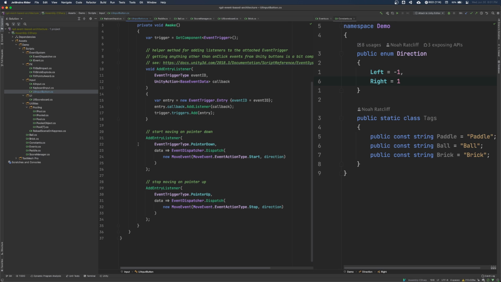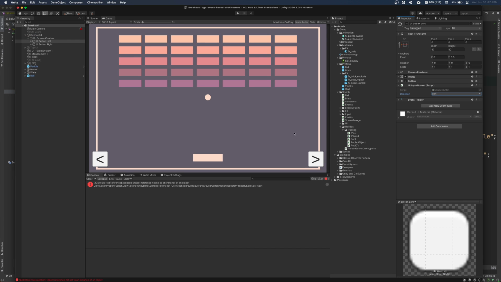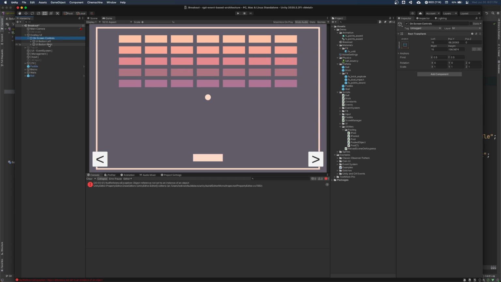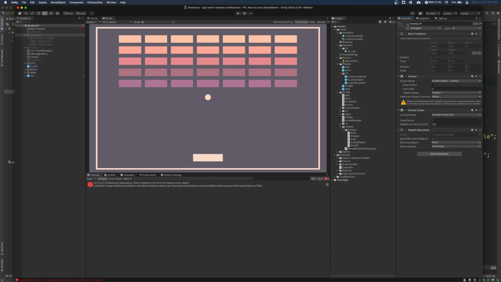Yeah, and so actually also interestingly, again, with the UI stuff, we're using events. Again, this is another common place where, especially in engines, it's really great to just automatically use the observer pattern. So Unity under the hood has some kind of observer-like implementation for listening to UI button events to then turn them into something in your game. So that's a quick way to implement some additional controls.